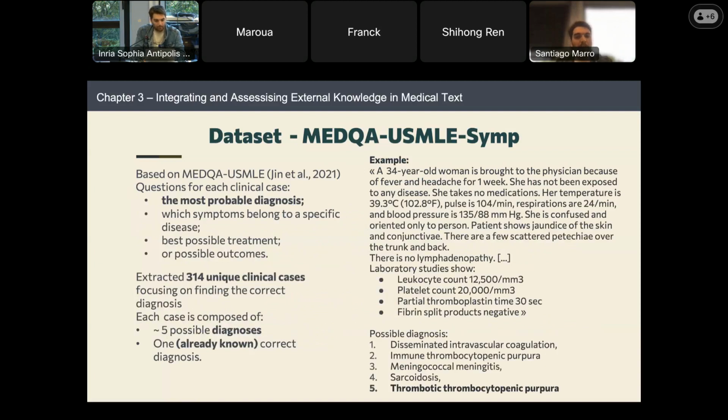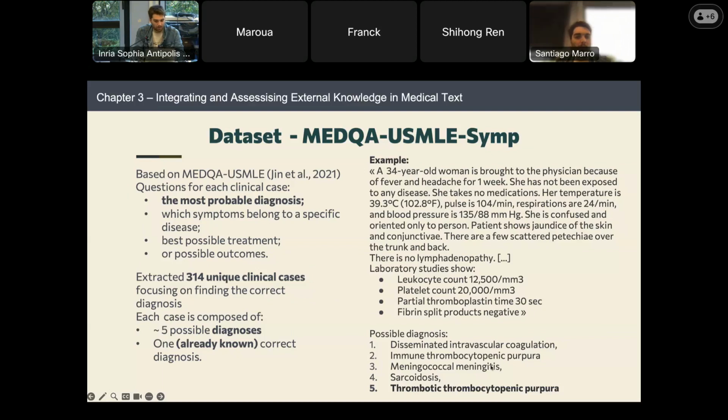First, let's see what is the data set that we utilize for this work. The data set is composed of clinical questions, such as the one we have here, where a patient is introduced with all of the possible symptoms that he has, all of the results that the laboratory studies had on the patient. And then we have a list of possible diagnoses that the patient could have, and the one involved is the correct one.